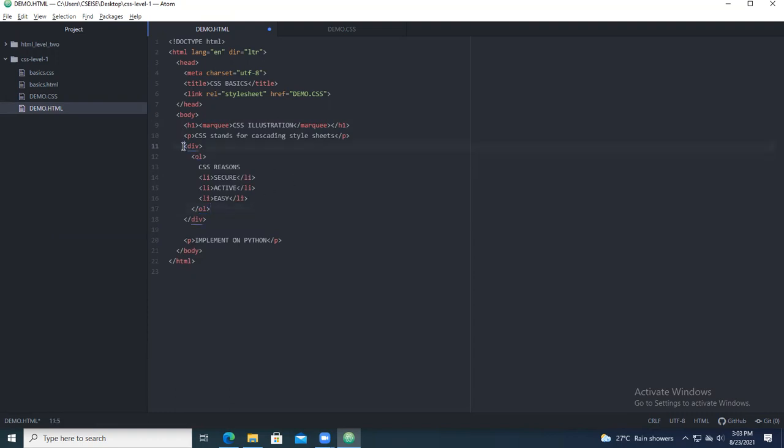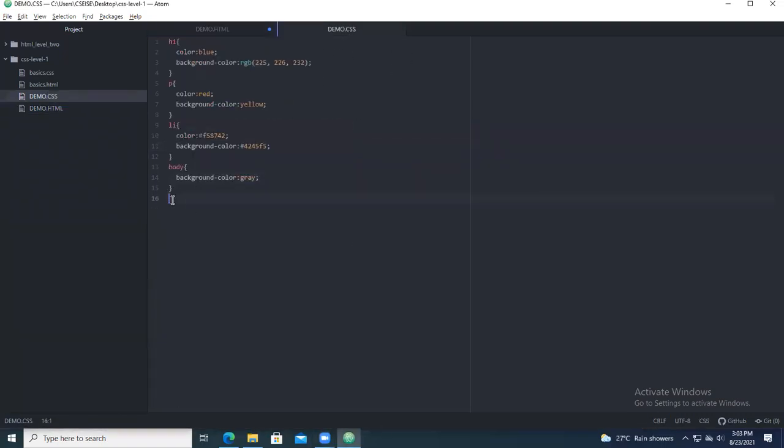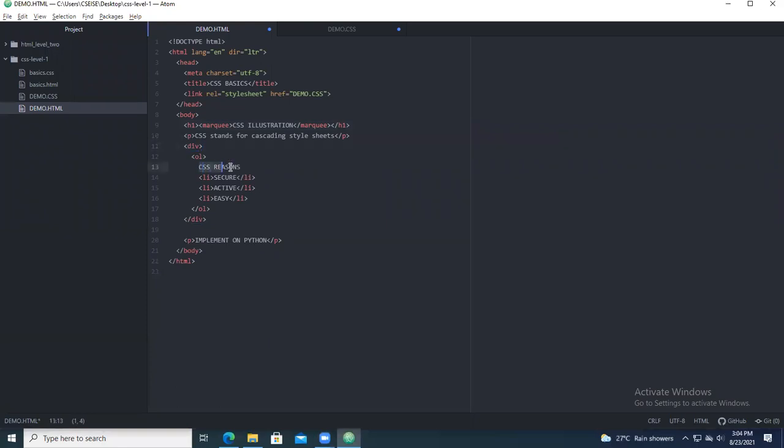Okay, so now we have a new tag. So what is the new tag? The new tag, we call it div. Okay, so that div can be given. So how do you give that div? For that, we take the new division. So under div, what should the contents of the div be? So you are going to remove this particular thing because div will consist of what all the things. So here you have CSS reasons, and next you have these three.